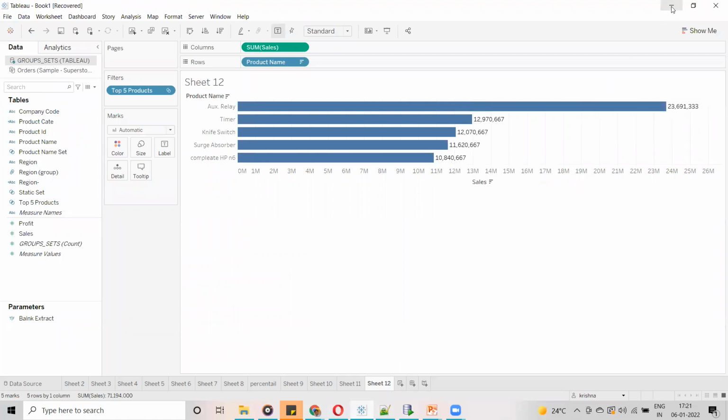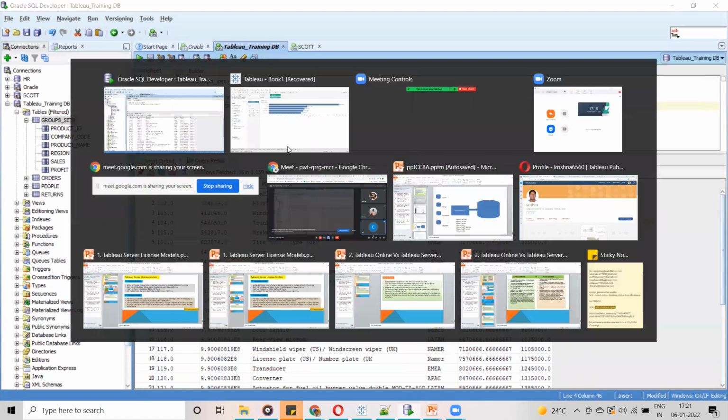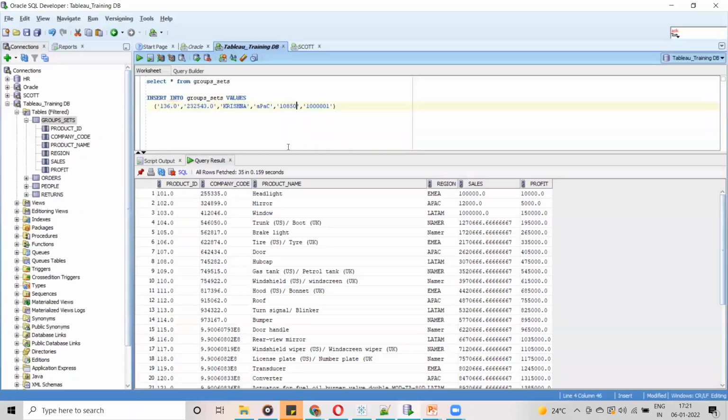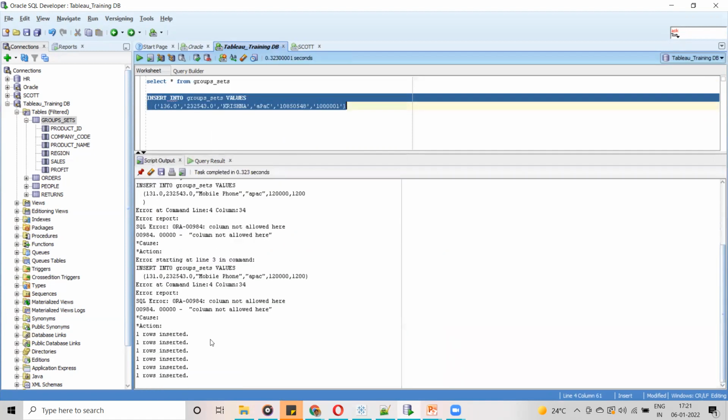Okay, so here 10 is there. So I'm going to give 10, 9, 5, 10, 8, 5, 0. I am going to give 10, 8, 5, 0 and some 5, 4, 7, something. Okay, so this is the value I am going to give. Just I am going to insert into the table. So one row inserted, and after that I am going to commit this one. Now I have committed the insert option.